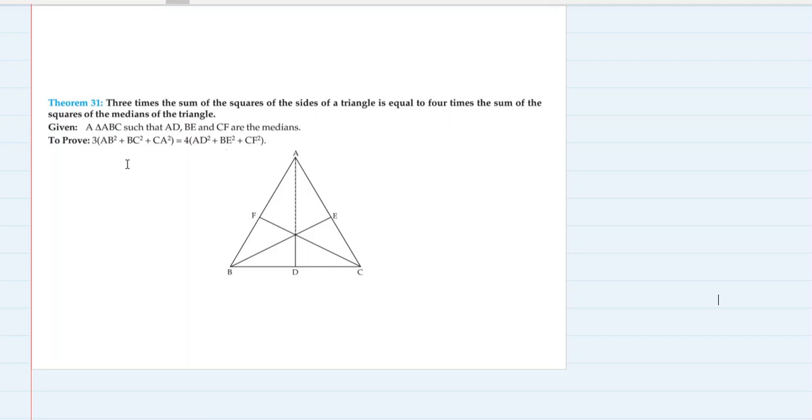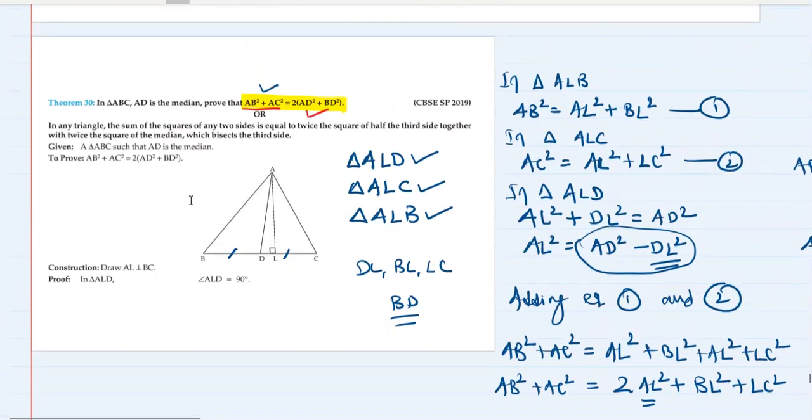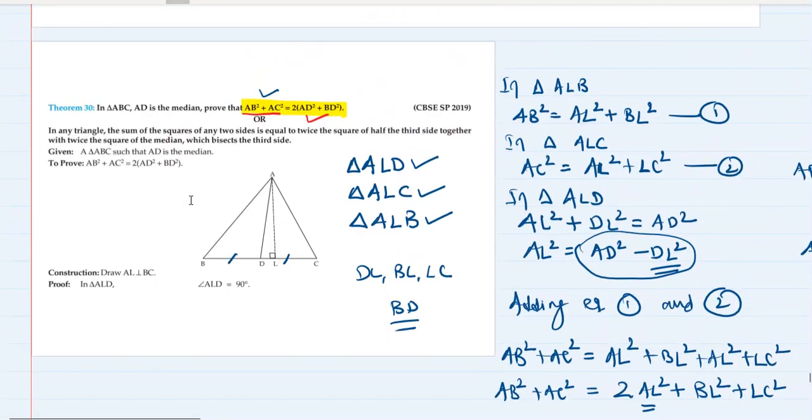Okay, and in this there is absolutely no construction possible, because where will you draw the altitude? It will become more and more complicated. But what you can do is use that previous theorem. In any triangle, if you have a median, the sum of the squares of the other two sides, on which the median is not drawn, is equal to twice the sum of the square of the median and